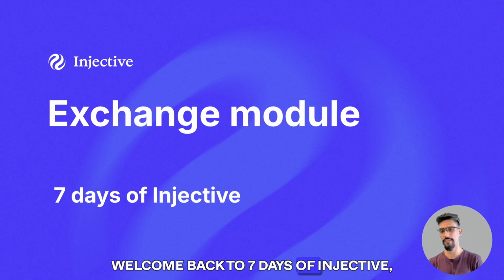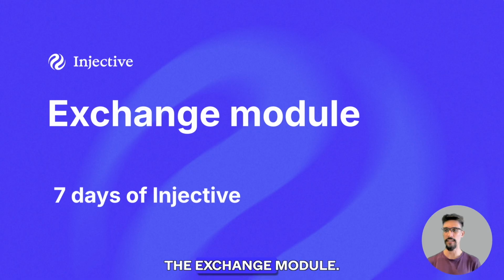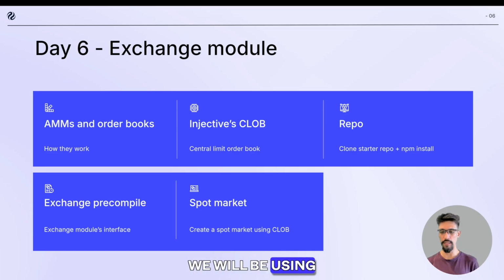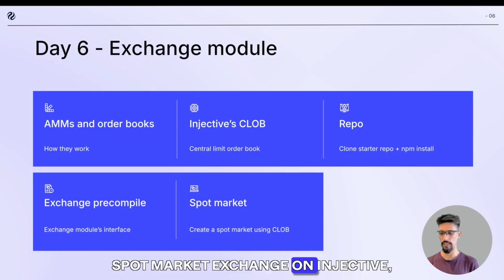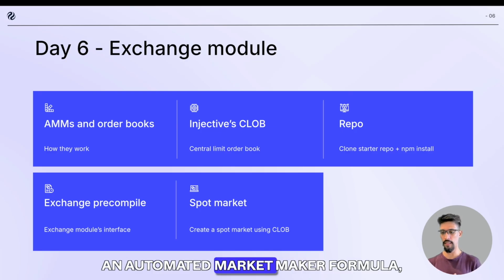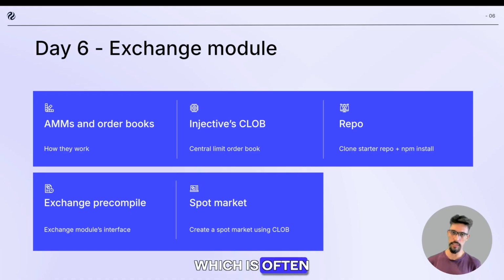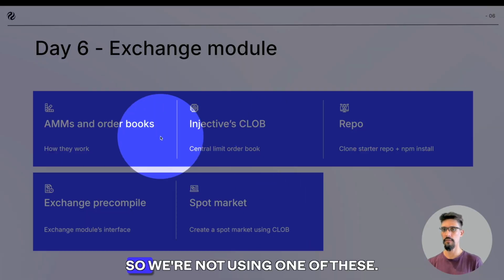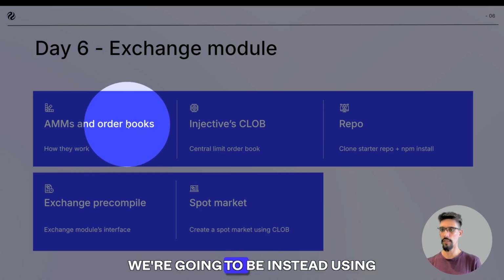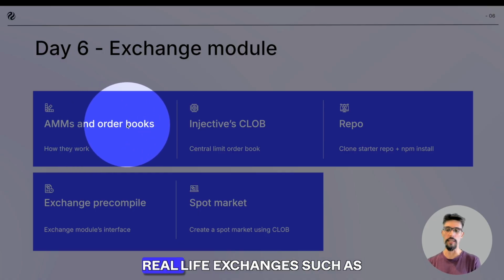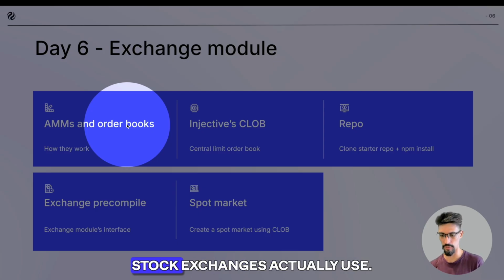Welcome back to 7 Days of Injective, and today we'll be covering the exchange module. For day 6, we will be using a spot market exchange on Injective, and we will not be using an automated market maker formula, which is often the only option on other blockchains, right? So we're not using one of these. We're going to be instead using an order book, which is what in real life exchanges, such as stock exchanges,